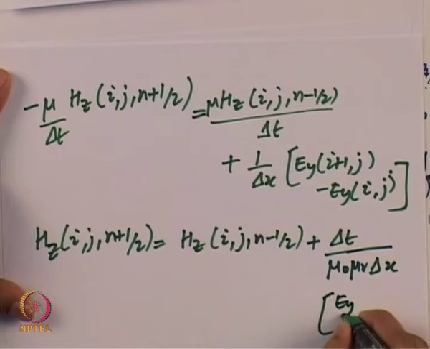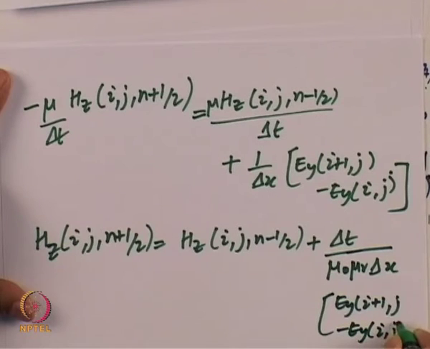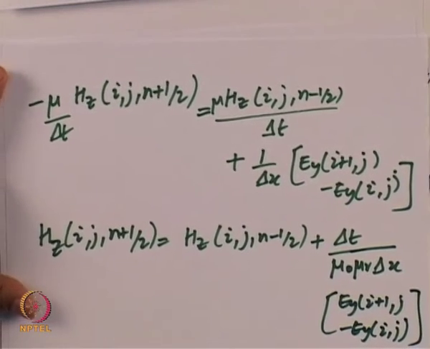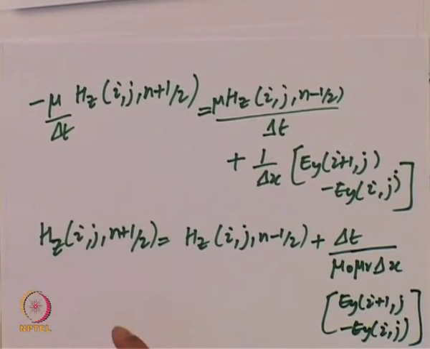So Ey(i plus 1, j) minus Ey(i, j), and this is what you see as a term that we are going to use